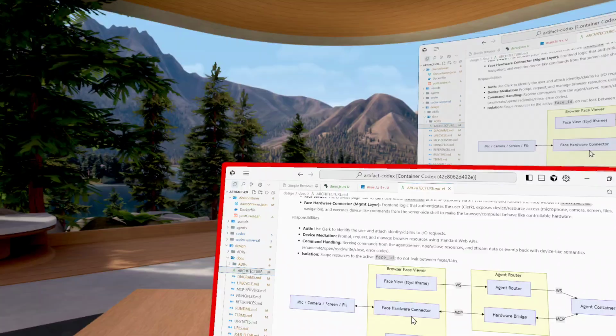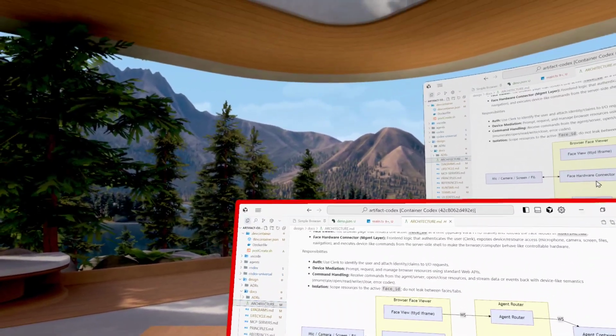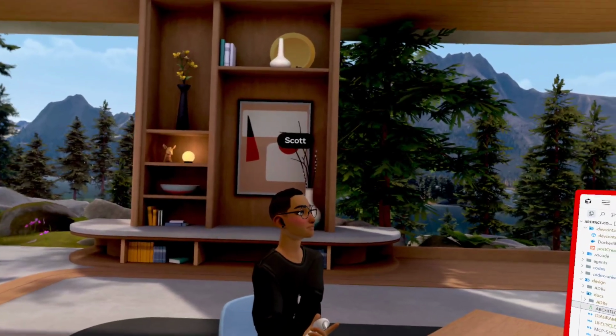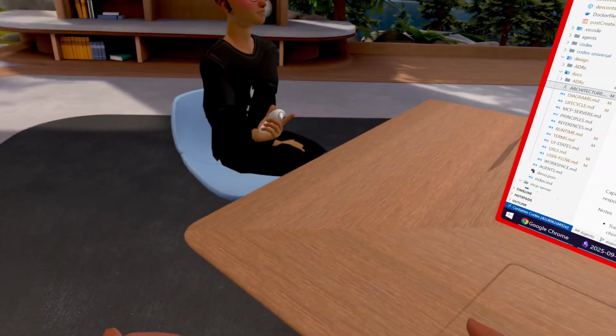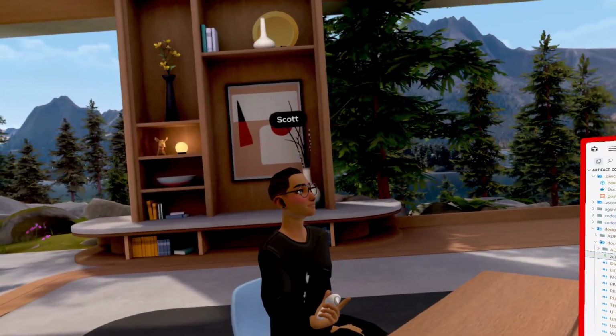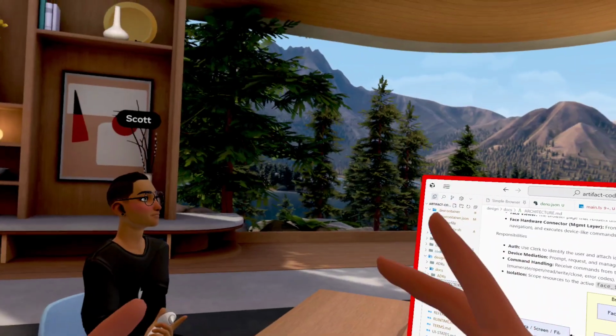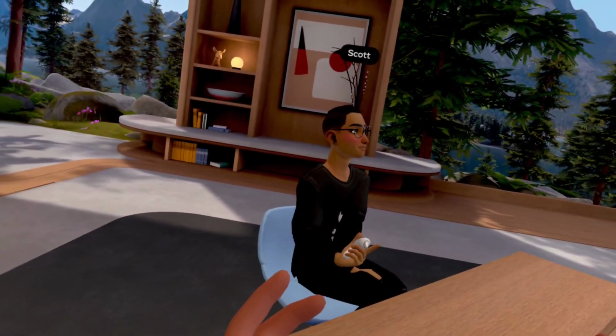I'll start with a simple example: if you want to get the status of all of the agents in the computer. Different agents are tasked with doing very narrow things, otherwise we know they lose their minds. So there's one agent that specializes in managing the other agents.